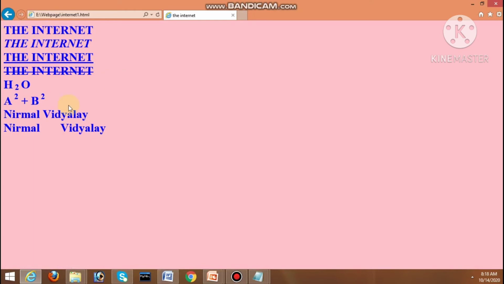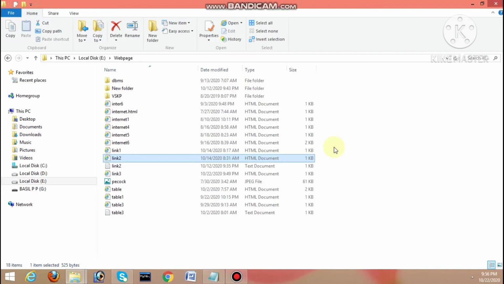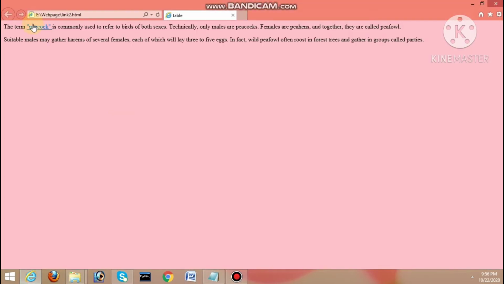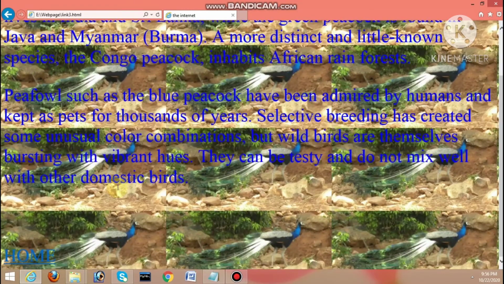which is, see here, the website internet1.html. This is another HTML file. Clear? Yes students, when you click it in link 2, see, this is the link text. When you click it here, it goes to the Peacock file, a Peacock web page. Here it displays in blue color. What color? Blue color. When you click it here, it goes to the Peacock file, and here also it displays